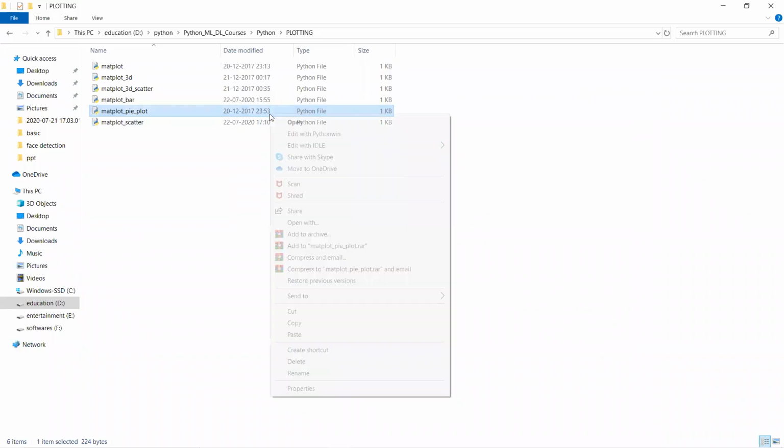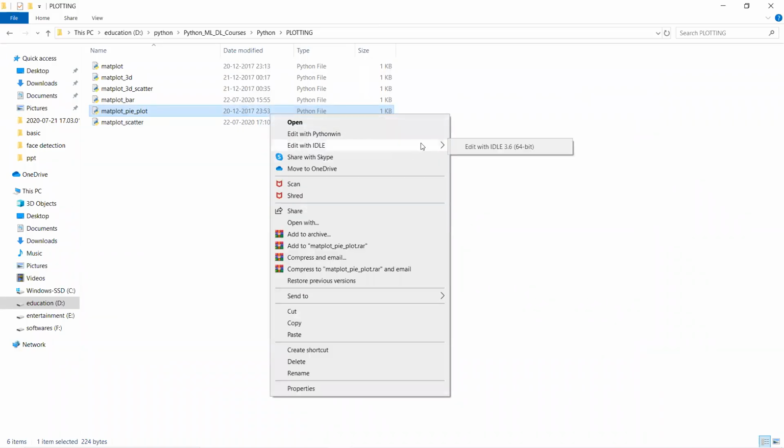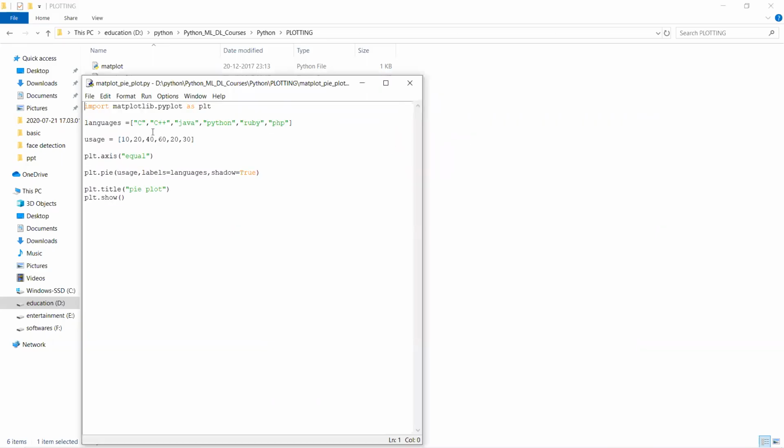It's important: pie. Pie is about a circle. In that circle, how much percentage we got for C, C++, Java, like this. We have created one list with all strings, and another list using the integer values. To plot the pie chart, we have to use the keyword plt.pie. Okay, so pie takes the first list and the second list, and shadow equals True means automatically each and every value is going to be represented with a different color.